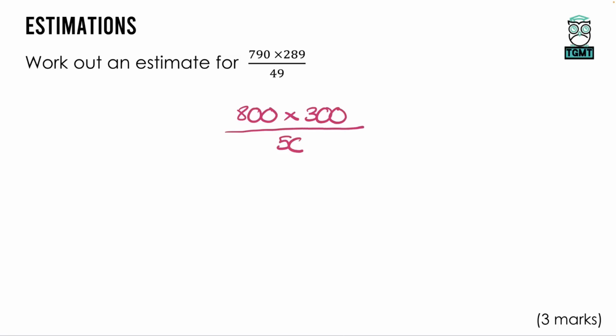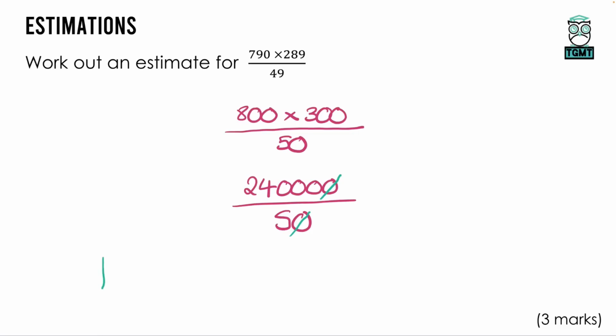Now clearly we need to work this out without a calculator, so we need to do an estimation method, which is just multiplying those first digits. So 8 times 3 would give us 24, and then we're going to add on those 4 zeros that we didn't use, so 1, 2, 3, 4. We need to divide this by 50. Now when we are dividing, we can apply a little bit of a nice method here because we can cancel off a 0 on the top and the bottom,